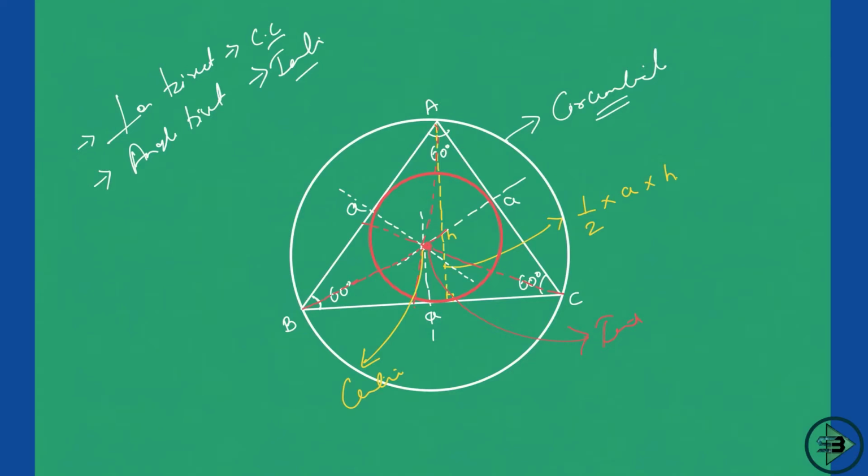Now the last thing that we'll also see here is a centroid. But how is a centroid formed? By median. And what is a median? A median is something that bisects the opposite side. So just make sure you draw a blue line like this, which is bisecting the opposite side, and I draw one more blue line like this, which is bisecting this opposite side, which means it is dividing it into two equal halves, and I draw one more blue line like this, which is bisecting this opposite side. Okay, so the center which will be here is called a centroid, and the property of the centroid is what? It always divides the median in the ratio of 2:1. Just a recall of everything we have studied in geometry.